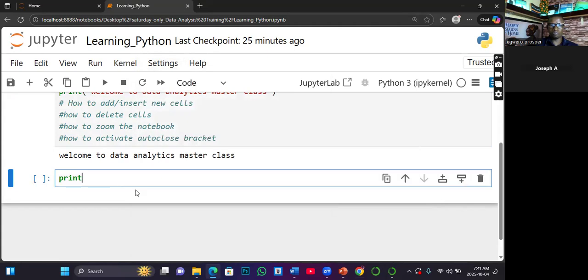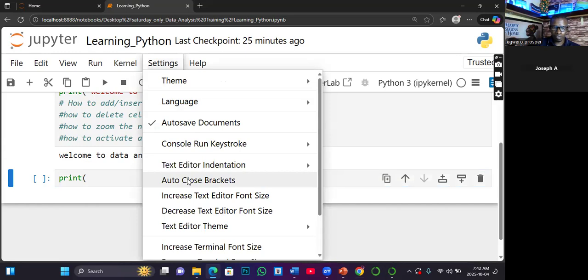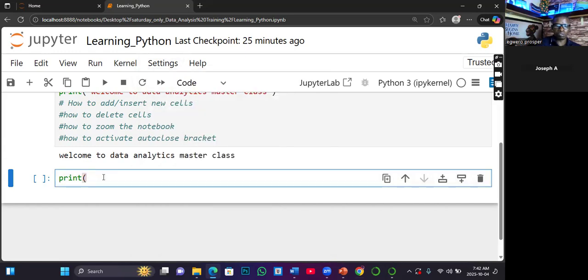So now if you try creating that print and add the bracket, you see that I have just the opening bracket. The closing does not come up with it. Now, it's just for you to come here and then activate this. So next time you try opening any bracket, it will give you the two at once. Hope that is clear, sir.